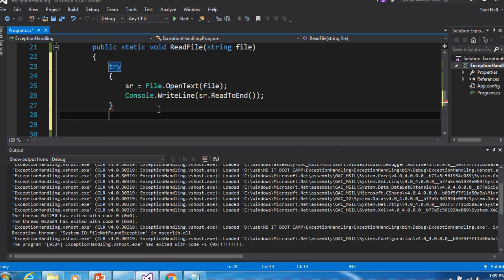Now, of course, the catch part of a try and catch is the part that catches the exception, in which an exception is an error. It's pretty much an object that contains information about an error. So if for some reason the computer cannot execute these 2 lines of code, then I want you to throw an exception, an object that contains the error information that lets me know why these 2 lines of code did not execute. So I'm going to throw a specific kind of error, which is going to be a FileNotFoundException,